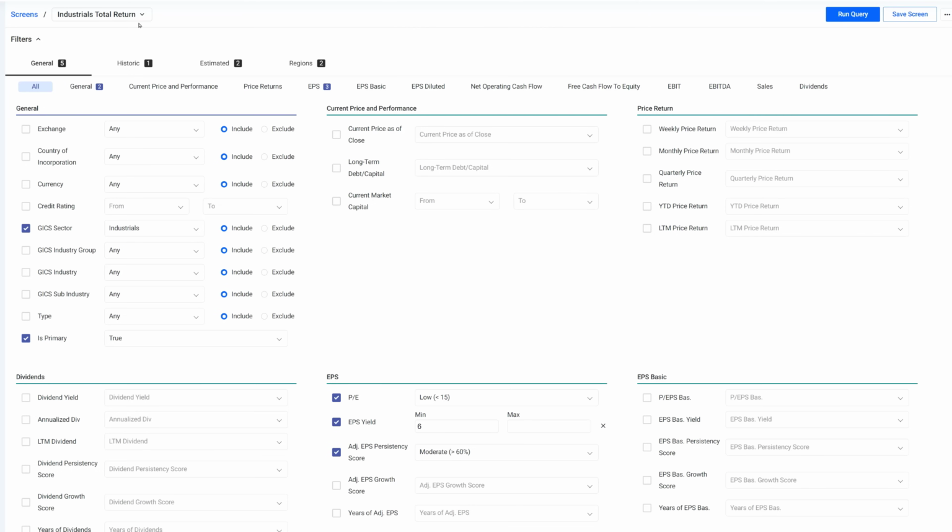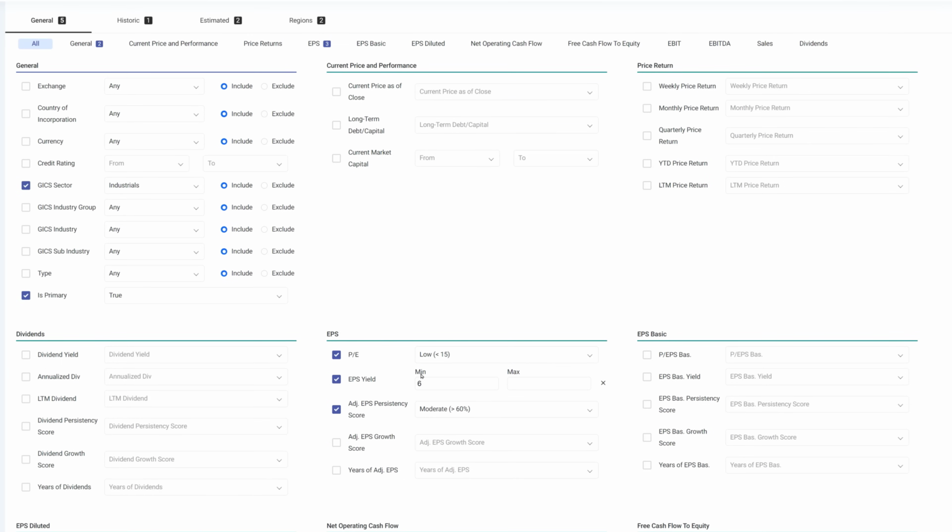And here I named this screen Industrial Total Return. Now, I had 5 categories in the general sector. Of course, I was looking for industrials. I wanted them to be primary companies. I looked for PE ratios lower than 15. I did videos on this where a 15 PE is an earnings yield of 6.5 to 7%,